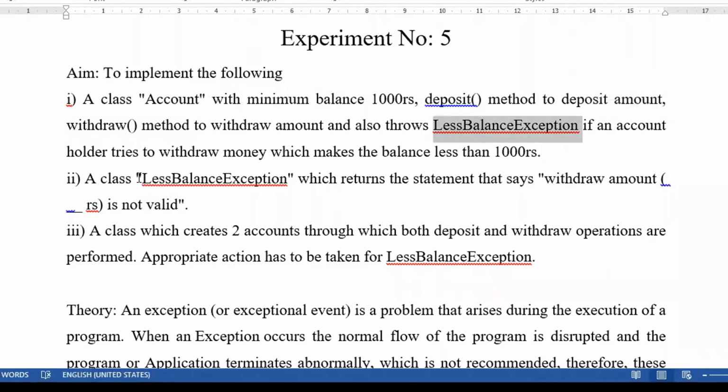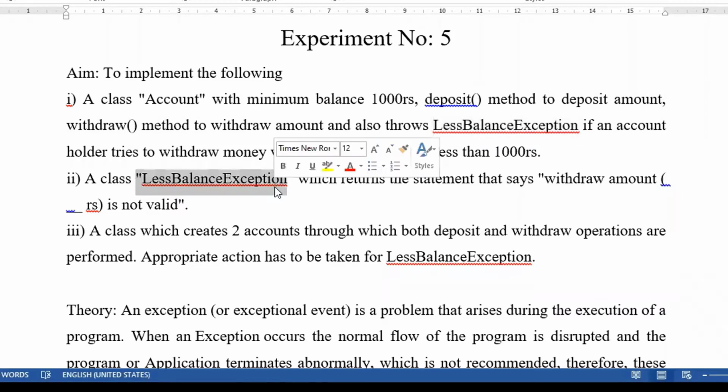So I need a user defined exception class called LessBalanceException, right? So clearly we require two classes. One is the user defined exception class, LessBalanceException, and another class is the Account class, which will have one constructor, one deposit method, and one withdraw method, right?